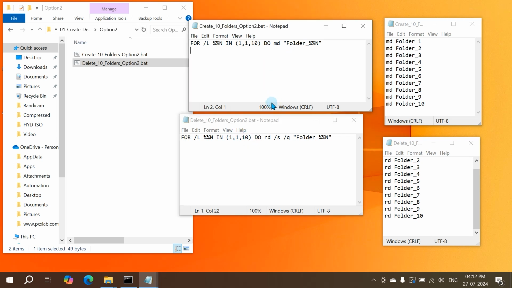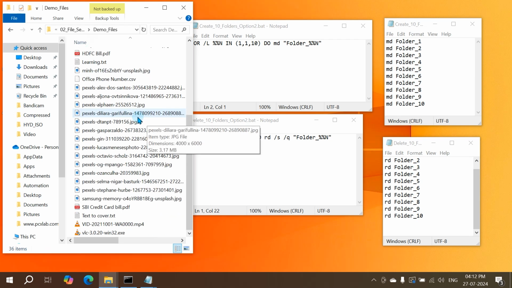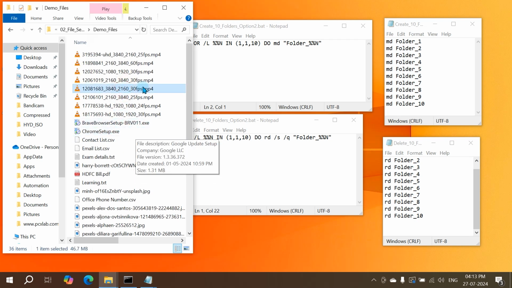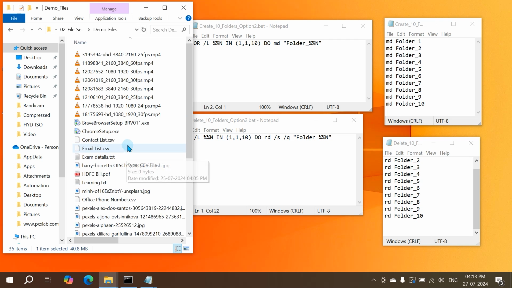This is how automation works. Okay, next, continue with the more realistic options we are having. You can see this folder. It is having 36 files, and some are MP4, some are exe, some are CSV, some builds are there, PDF, texts are there, JPG, and many things are kept in this, and it's completely messed up